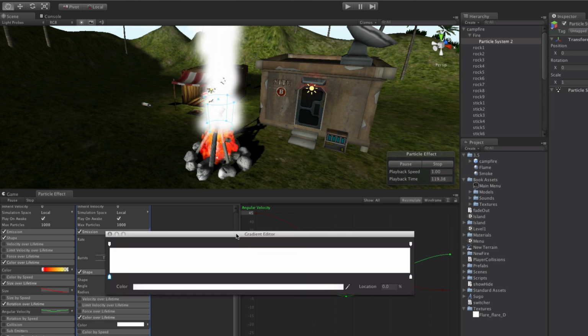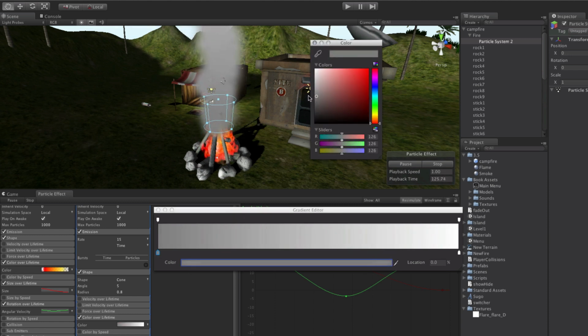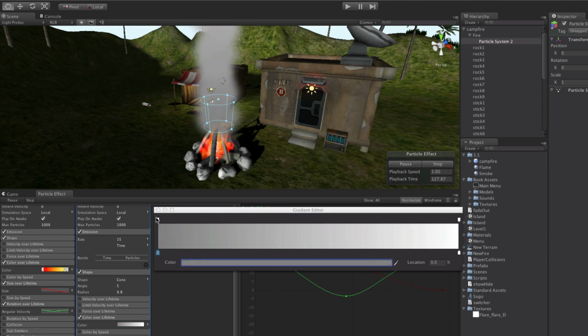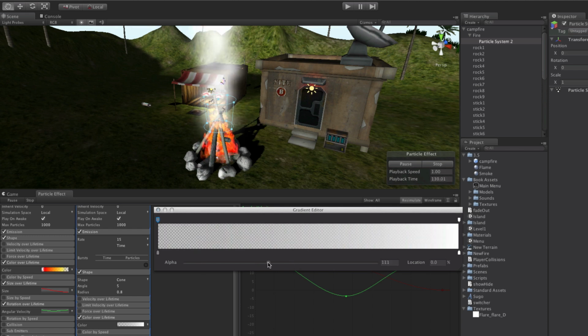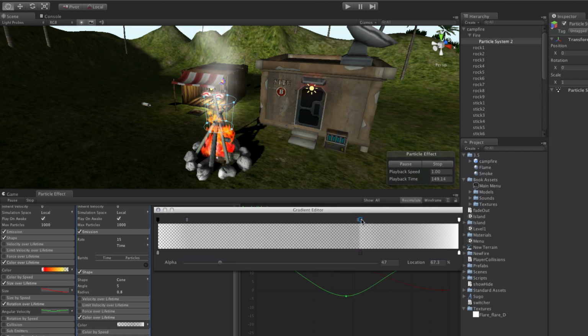I'm going to bring up my gradient editor yet again, and I basically want to go from a dark gray color, or maybe a mid-gray, for example, that's got an alpha value that's quite low so that it's fading in. And we also don't want anything to pop onto the screen, so usually when you're creating these kind of particles, you want to start with 0 alpha and then allow it to fade in. And then further along, we're going to have a darker grey and a much higher alpha value so people can